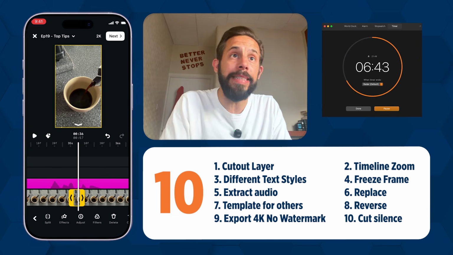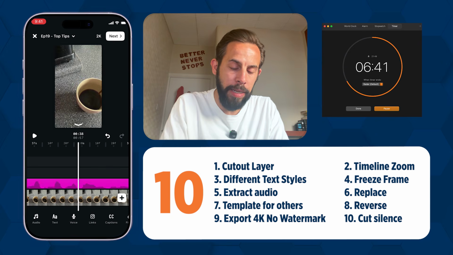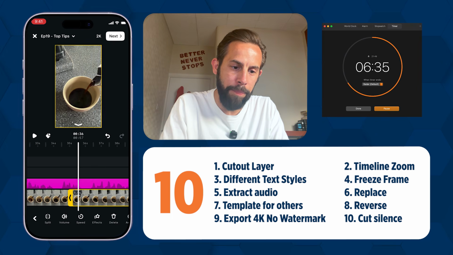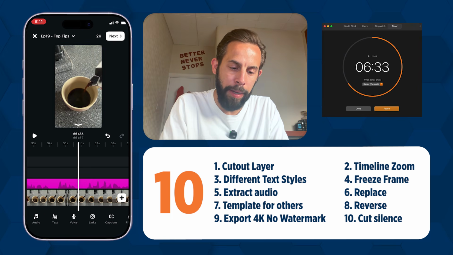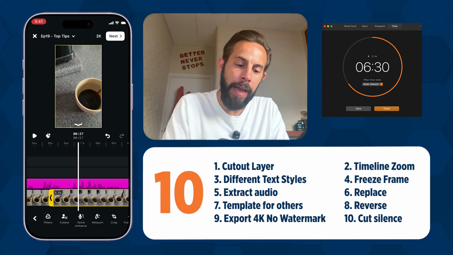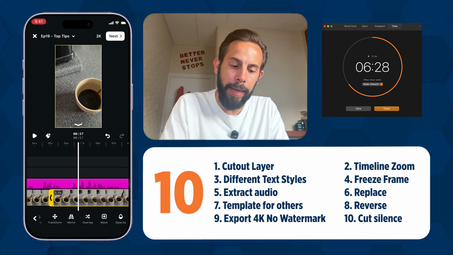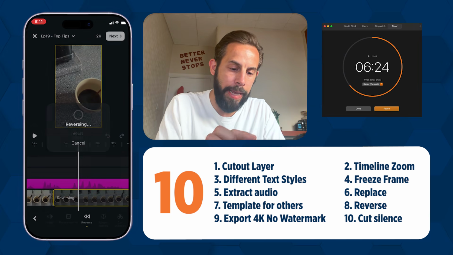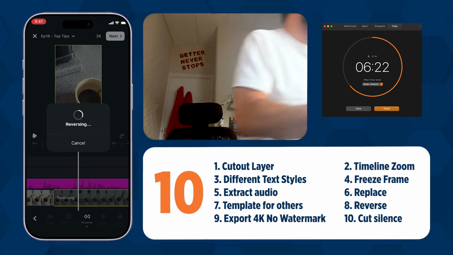So next up, we will have reverse. Let's just say I want this part of the image, I want the coffee to go back in. I can tap that, scroll all the way along, and go to reverse here. And I'll let it reverse while I shut this,